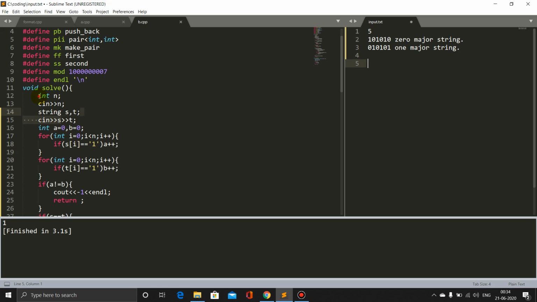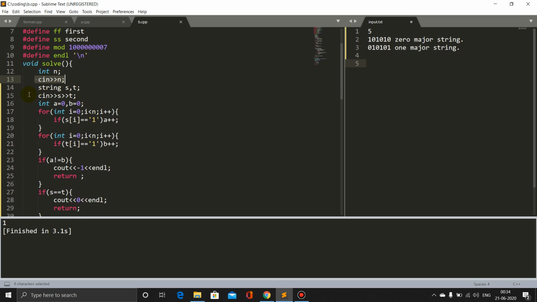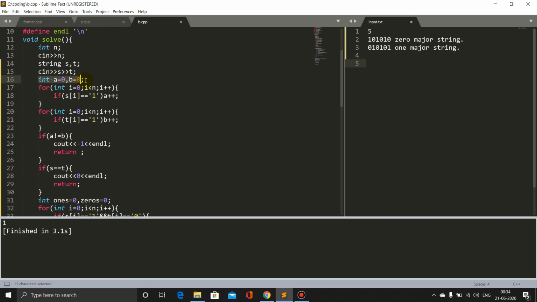So first we take an integer n as input, then we take the input of both the strings. Then in this step we will calculate the number of ones in the string S, and in this step we will calculate the number of ones in string T. So if the number of ones in both the strings is not equal, then these two strings cannot be converted.